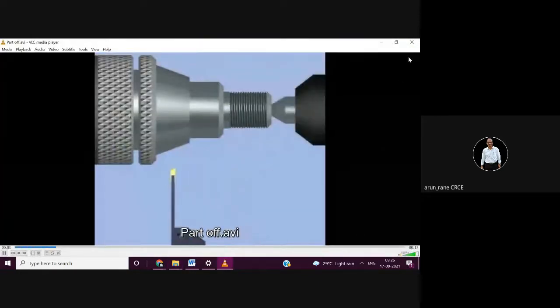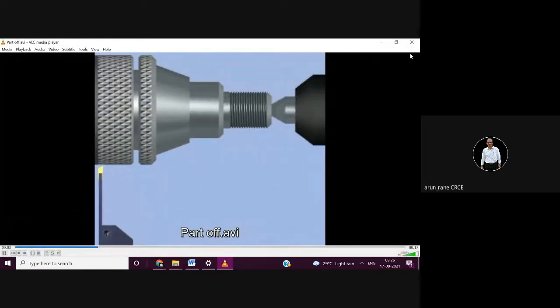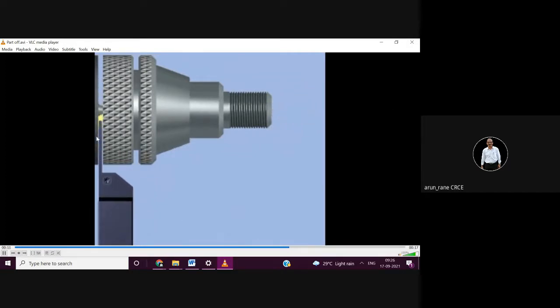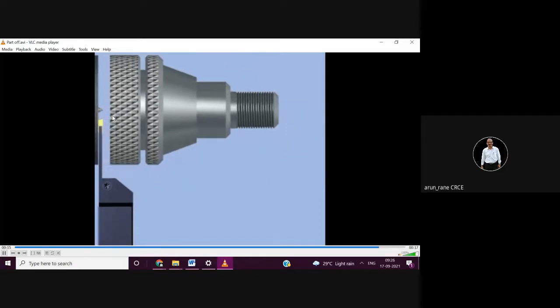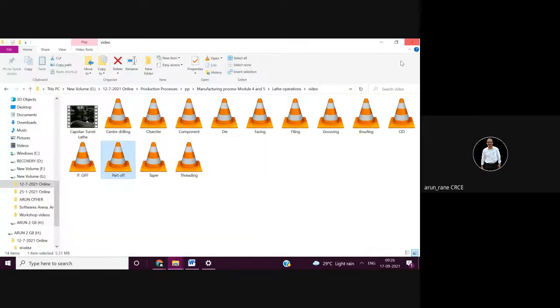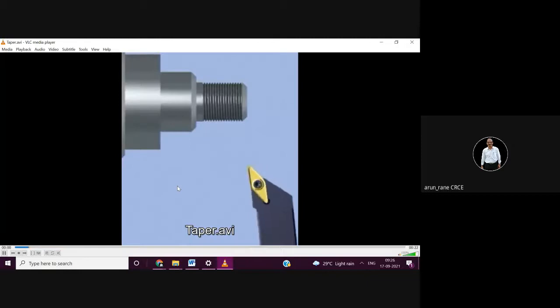This is again the same parting operation. Even a slight chip in between, it can break. At the most, the width of the parting insert is 2 mm or 3 mm. You can take 5 mm thick, but then unnecessarily the material will be wasted.